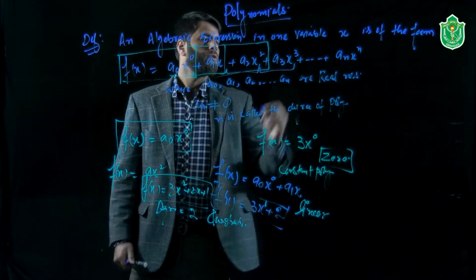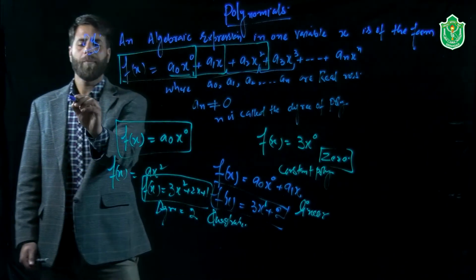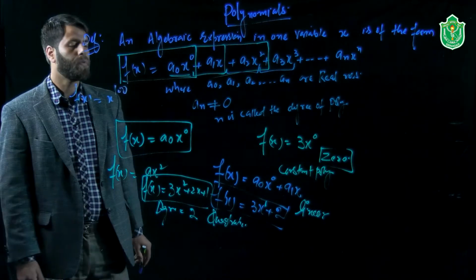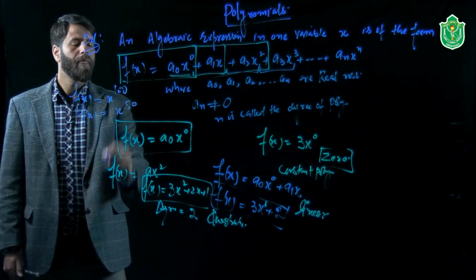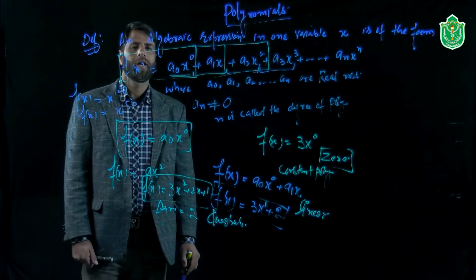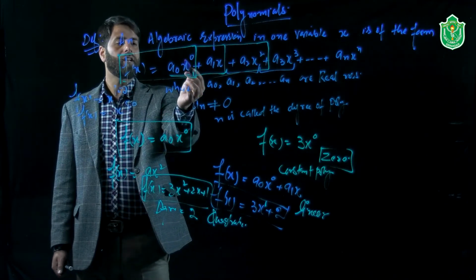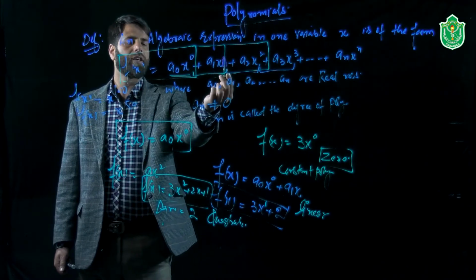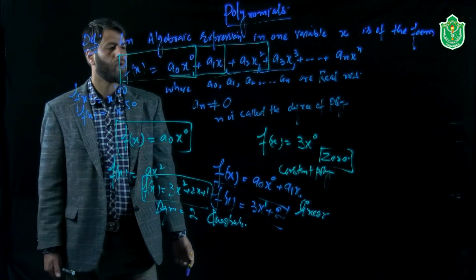And so on, you can consider any polynomial, like f of x is equal to x raised to power 100, or f of x is equal to x raised to power 50. These are all polynomials, depending upon the highest degree. What is the highest degree? This is the degree of the variable. Here the degree is 0, here 1, here 2 and 3, and so on.